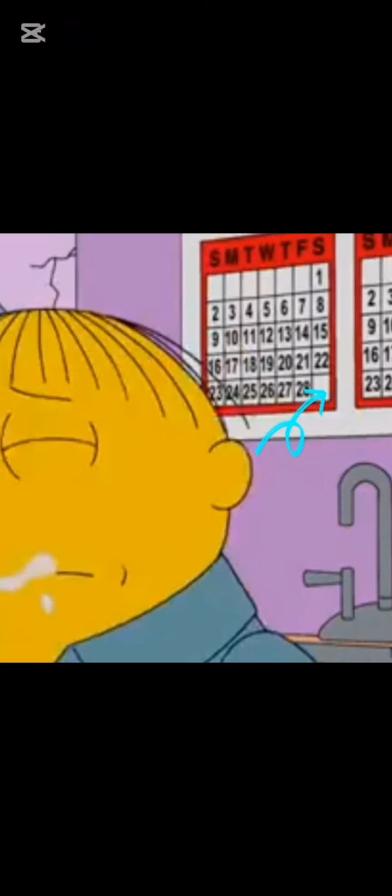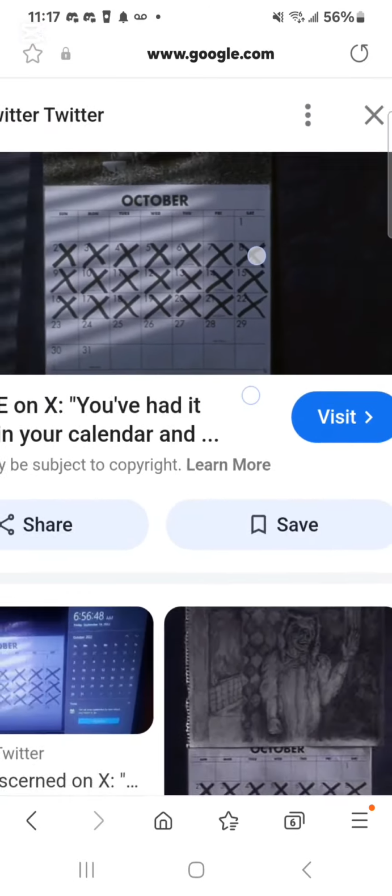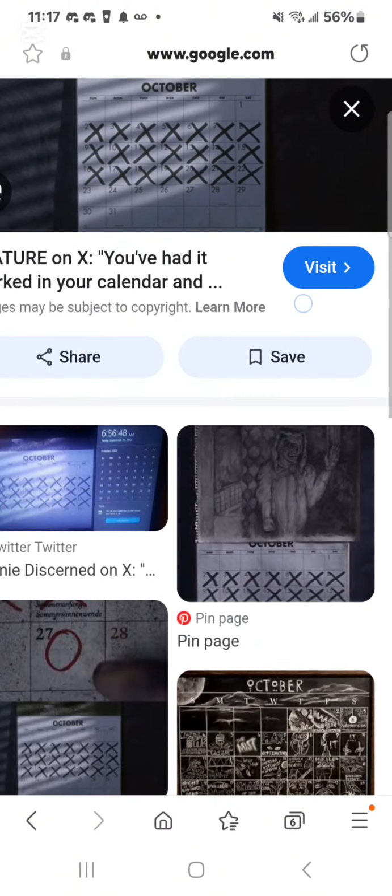The day we're looking at is the 29th, which is Saturday, the day that's missing on this calendar. And here's the Donnie Darko calendar. The exact match to the month October, and there's that 29th right here. The exact match, 29th on a Saturday, right here. The Donnie Darko calendar matches. All this stuff matches. And what are the odds from this commercial or something? But 6/23, September 17th. September 17th.